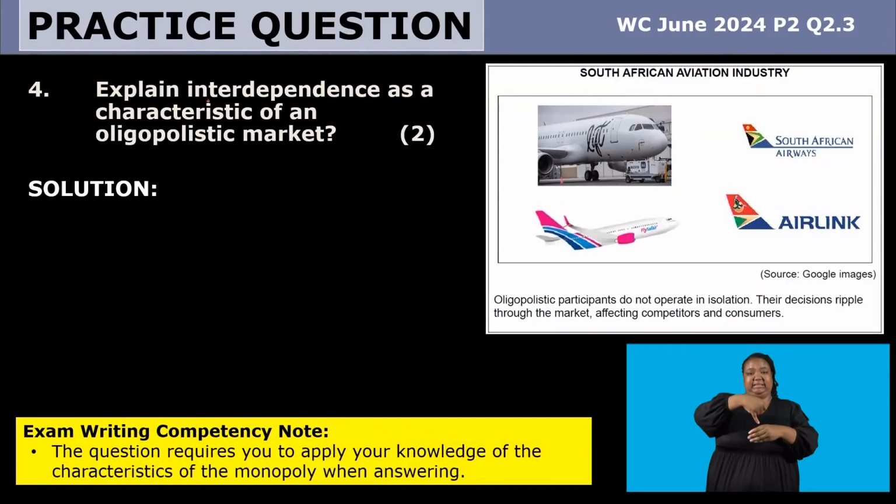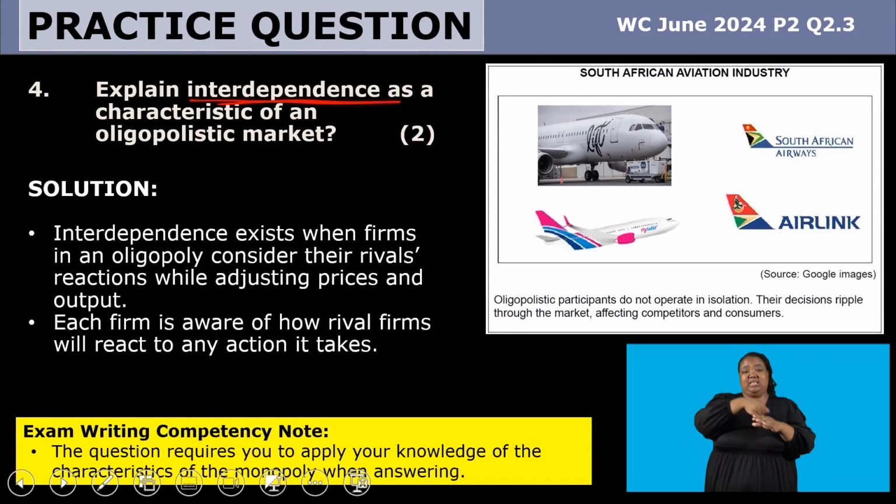Explain interdependence as a characteristic of an oligopolistic market. Interdependence exists when firms in an oligopoly consider their rivals' reactions while adjusting prices and output. Each firm is aware of how rival firms will react to any action it takes. So in this case, we are talking about